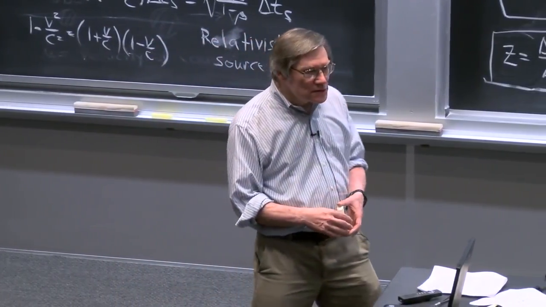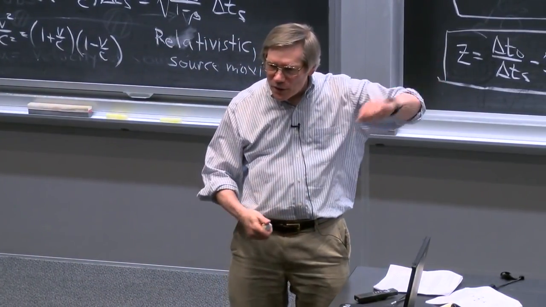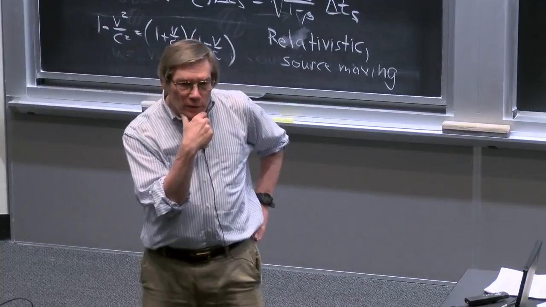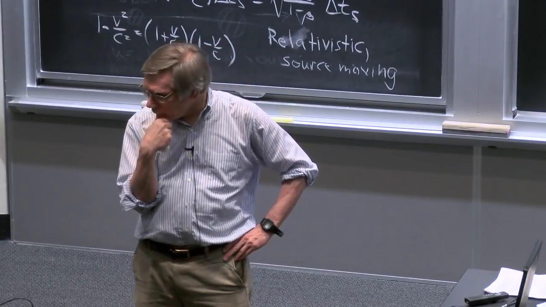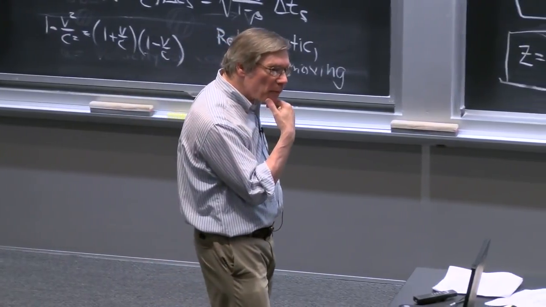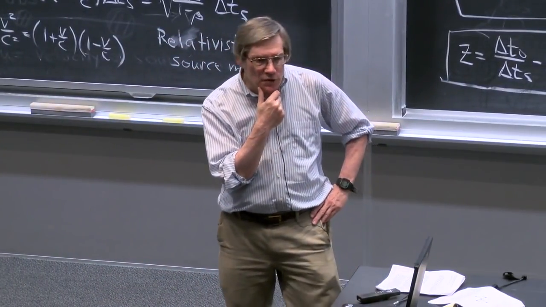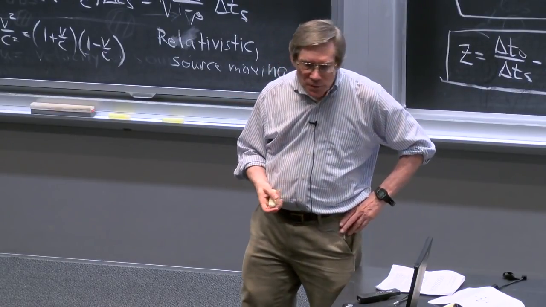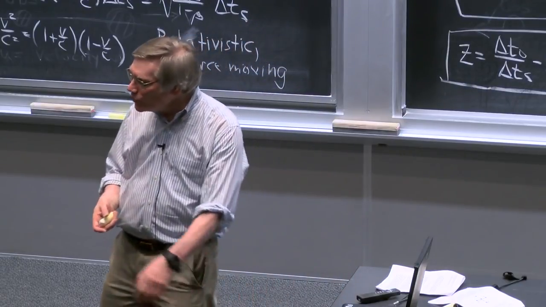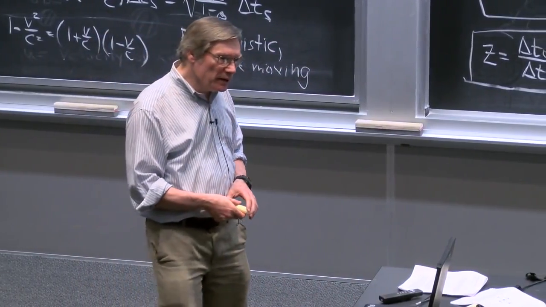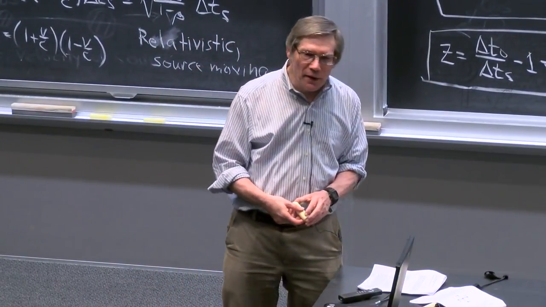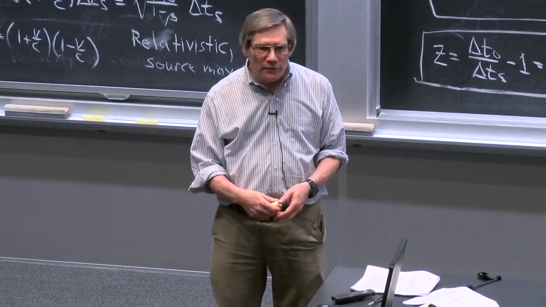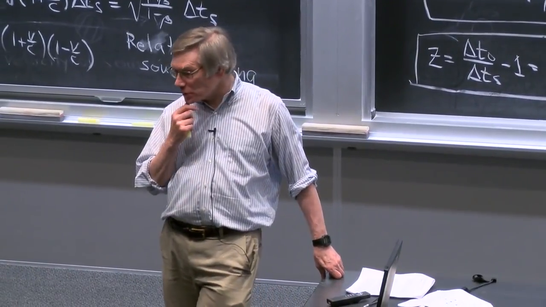Every clock that we see around us, from the clock on the wall, which is moving with the Earth, or my wristwatch, which moves more, is constantly undergoing accelerations. So we want to be able to talk about clocks which are accelerating. So we need to say a little bit about how we would do that, and how we would do it if the clocks were moving at relativistic speeds, which also happens with satellites, for example. The GPS system, as you've probably been told, wouldn't actually work unless the calculations were done in such a sophisticated way that they even take into account the effects of general relativity as well as special relativity. So moving clocks and how they behave is a crucially important topic technologically.